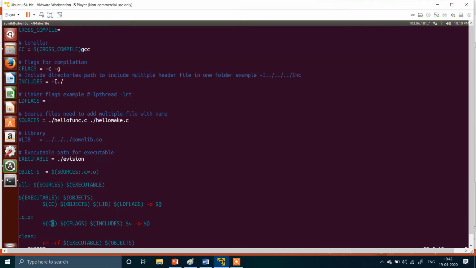Then it will also call the C flags and the includes, and the last is the clean. When you enter make clean, it will remove the executable and the object files which are created during this experiment. So let's see how it works.